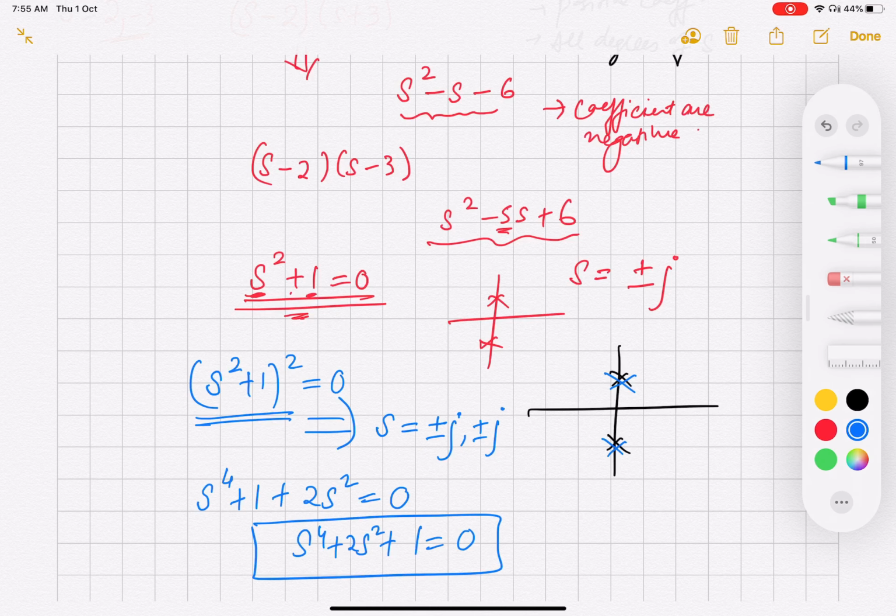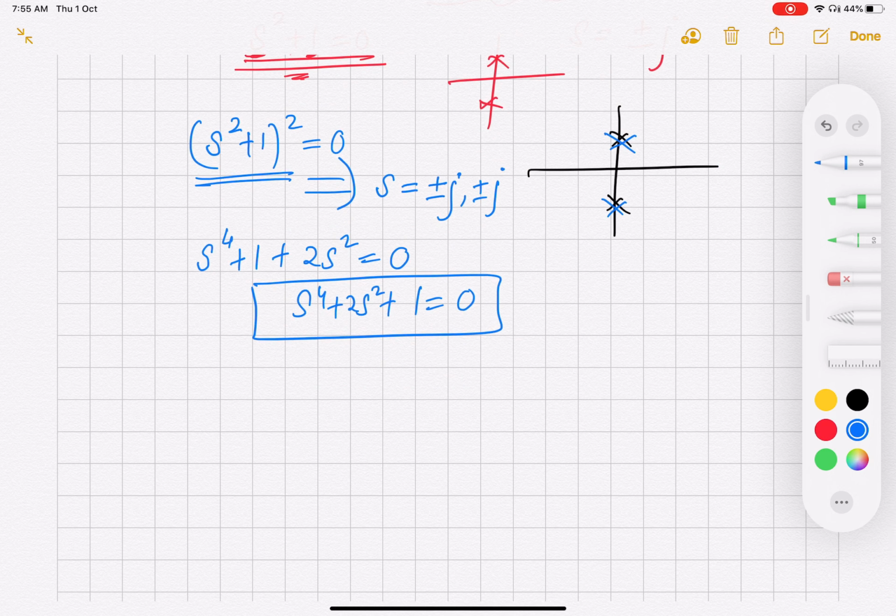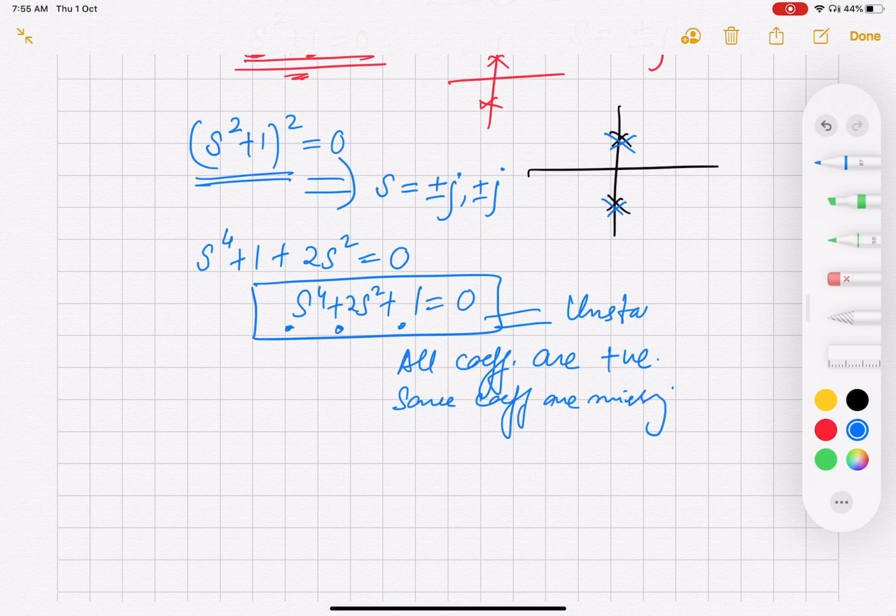Again, if you look at this characteristic polynomial, you see that although all the coefficients are positive, of the same sign, some coefficients are missing. And this system is unstable, right? We already know this from the definition. In both definitions, this system is unstable. So this takes us to the conclusion that